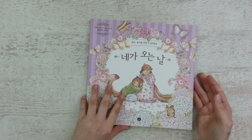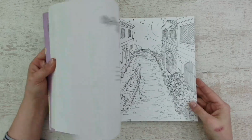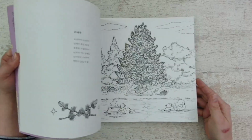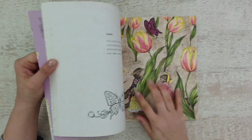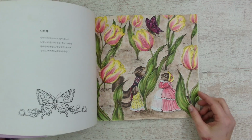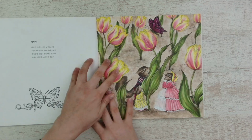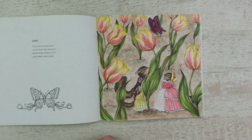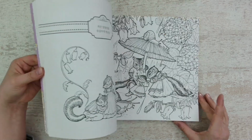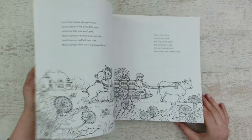The day we finally meet, I colored only one. And there are lovely pictures in this one to color. All cute, with some parents and little children. I did this one with the tulips and the little, is it chipmunks? I don't know. I think it's beautiful. I like this one. I like the look of it. So you can see a lot of cute pages